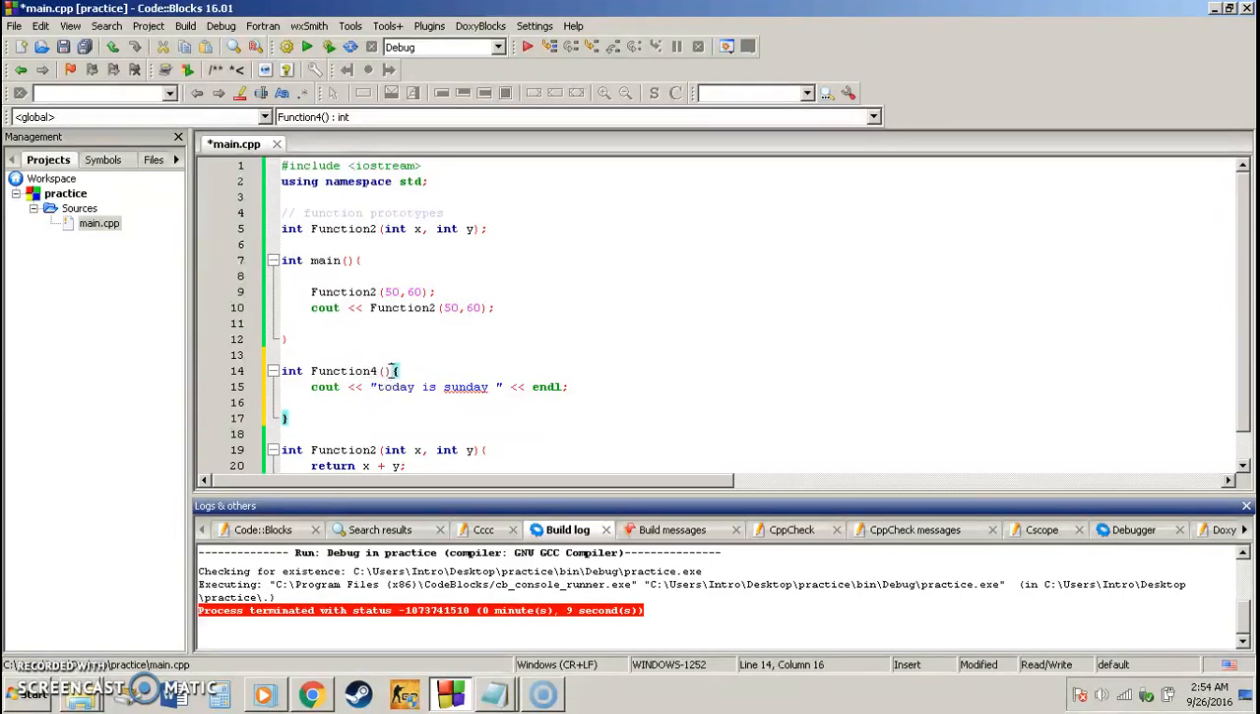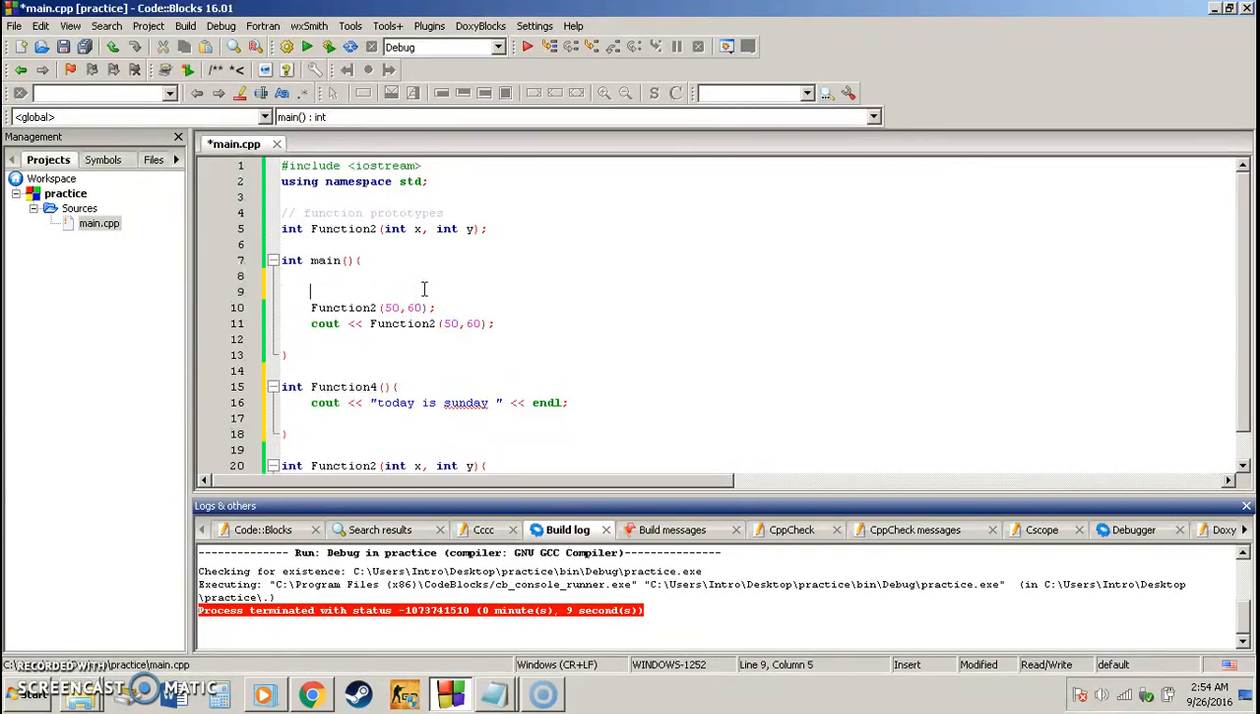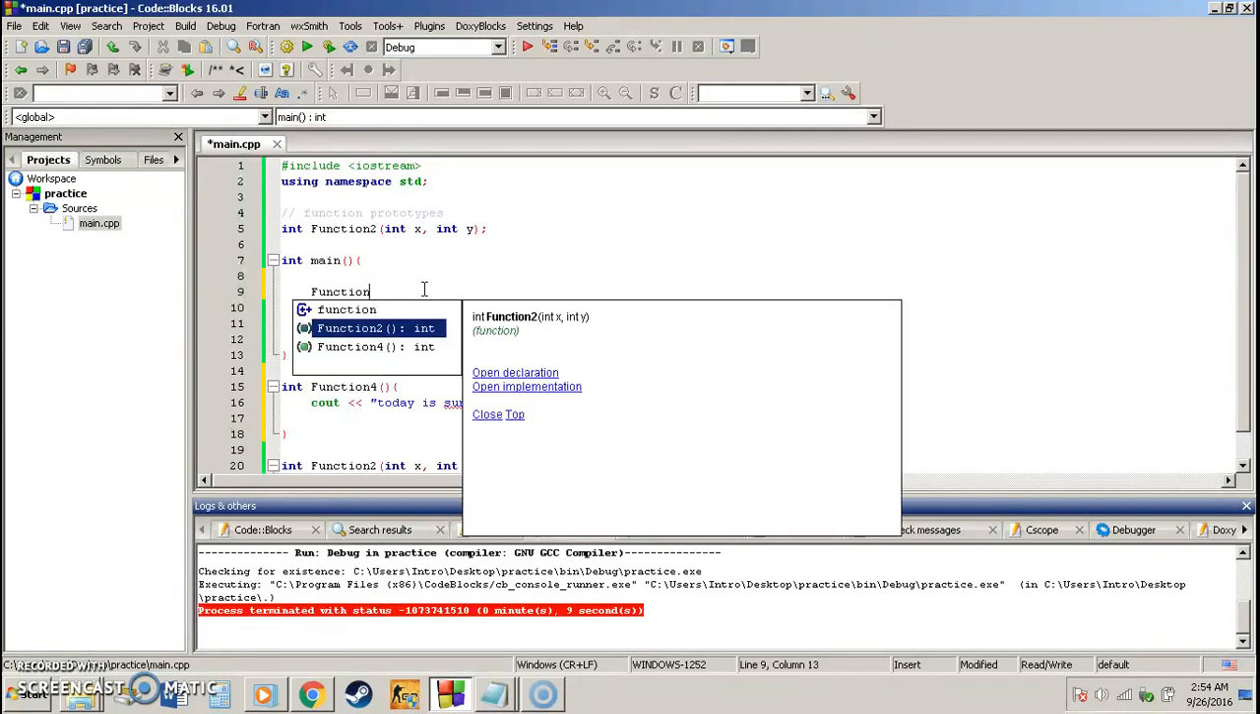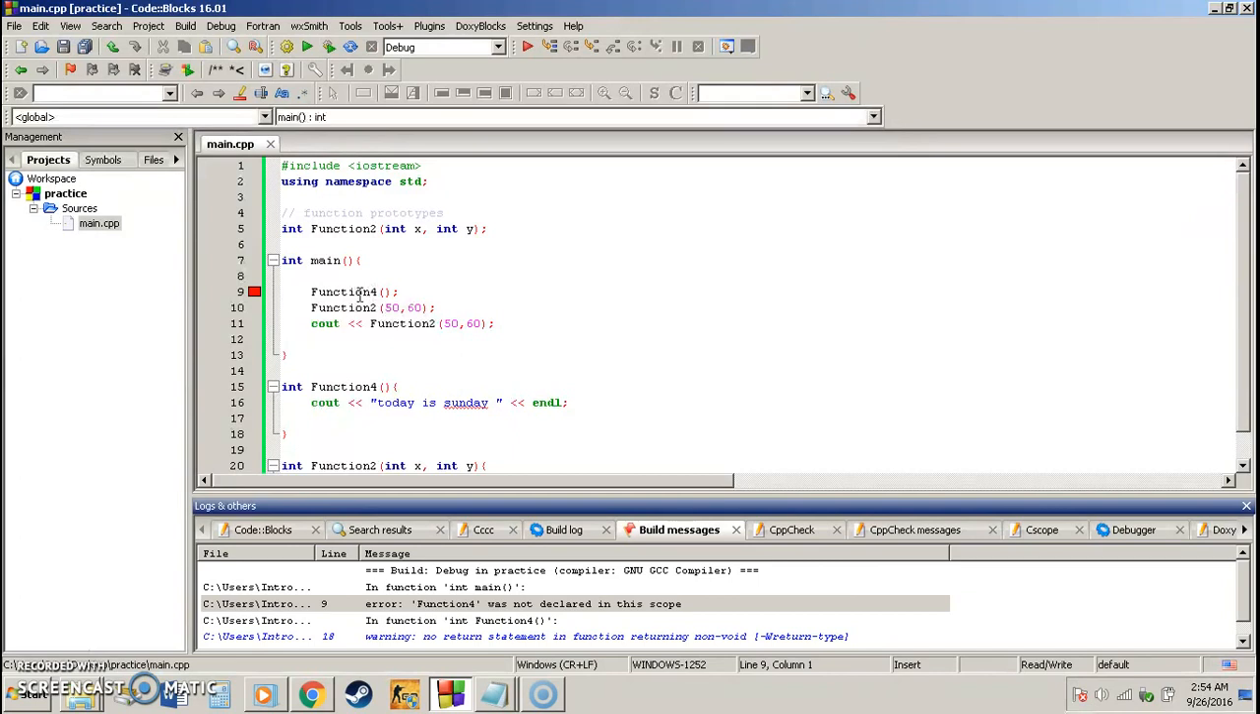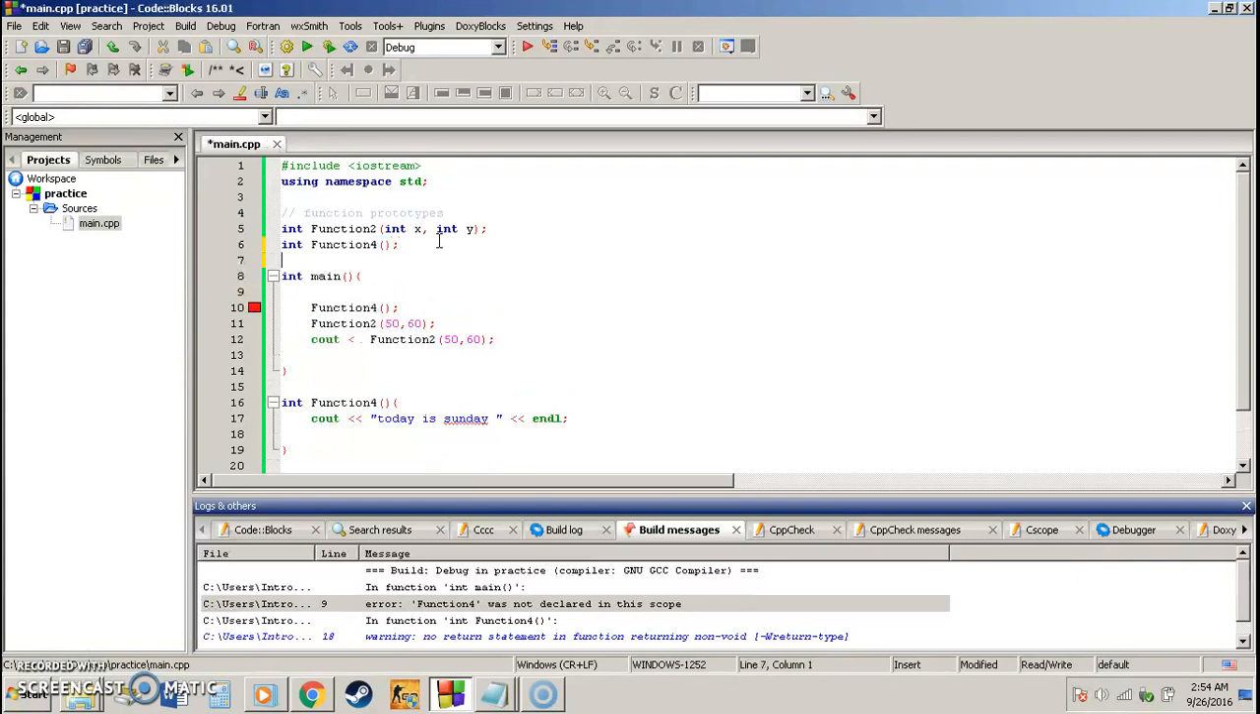So again, if I go to try to run this, and I say, hey main, I want you to go ahead and run function 4 for me, and then I want you to run function 2. It's going to say, okay, well, what's function 4? Because you don't have a prototype for function 4, therefore I don't know what that is. So what we're going to do again, just like we did before, even with no parameters, is we're going to take this integer function 4 with the parameters, whether they're empty or not, copy it, paste it up here on top of everything, end it with a semicolon,